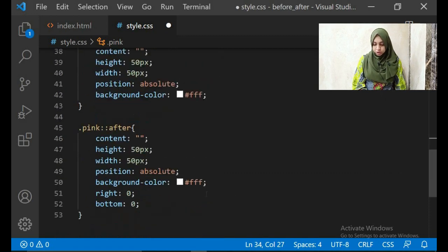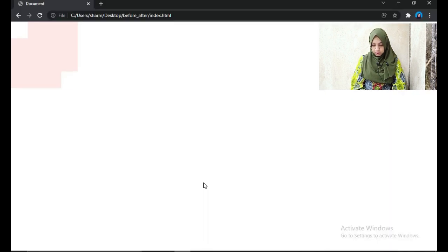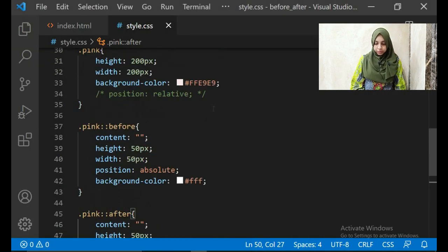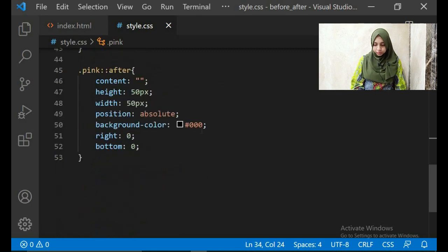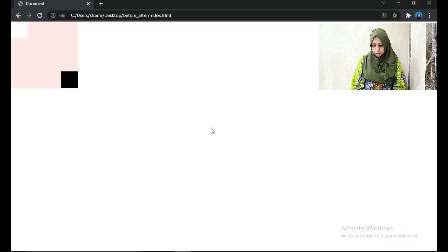If this is not position relative, and in the after we call a black color div, can you see where it is? It's in the corner over here, right? And when we give it a position of relative, it will come relative to its parent element. All right, not the parent element over here, it's relative to the element whose pseudo element you are creating. So yeah, let's bring this back to normal, to the white color background. And yeah, this is what it is.